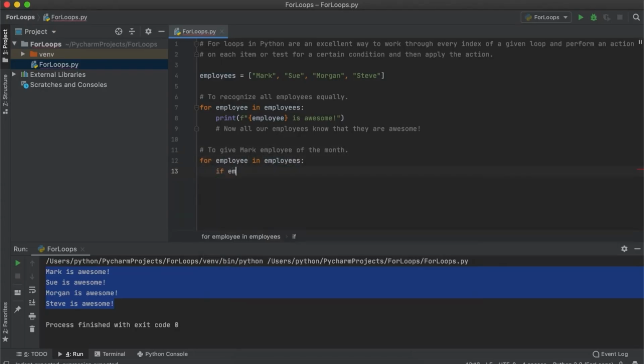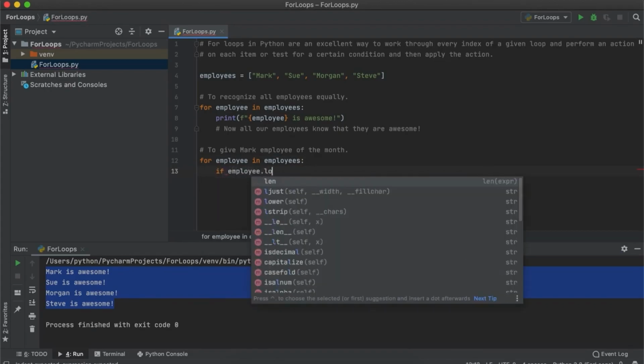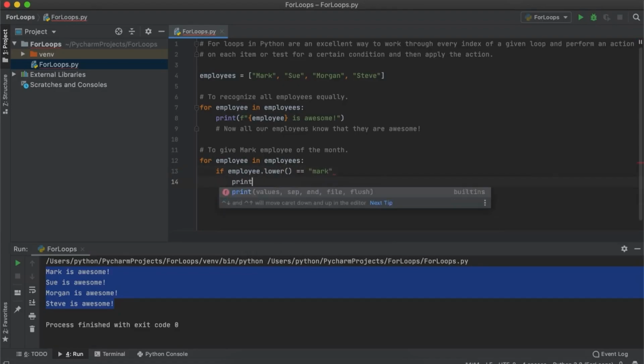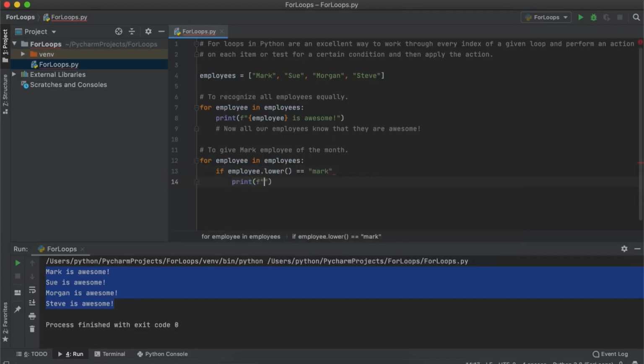A conditional statement will use a Boolean statement to return a Boolean value, which means that we will only ever get true or false back. This is accomplished through adding an if statement nested inside the for loop. Just please note the indentation I have used here, as it is very important. If your for loops or if statements are not properly indented, you will likely get an index error.